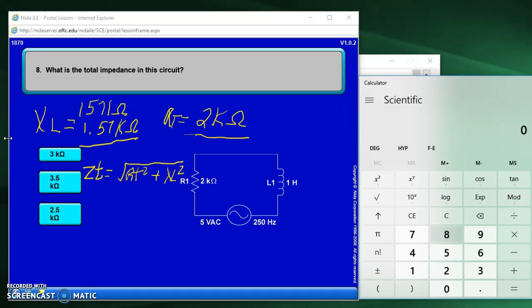So let's do that. Let's come over here. I'm going to clear my calculator. Now both of these are in K. I've got 2K and 1.57K, so I'm not going to do anything but use the raw values, the K values, and then I know my answer is in Ks. So R squared, 2 squared plus 1.57 squared equals, then I've got to get the square root of that,